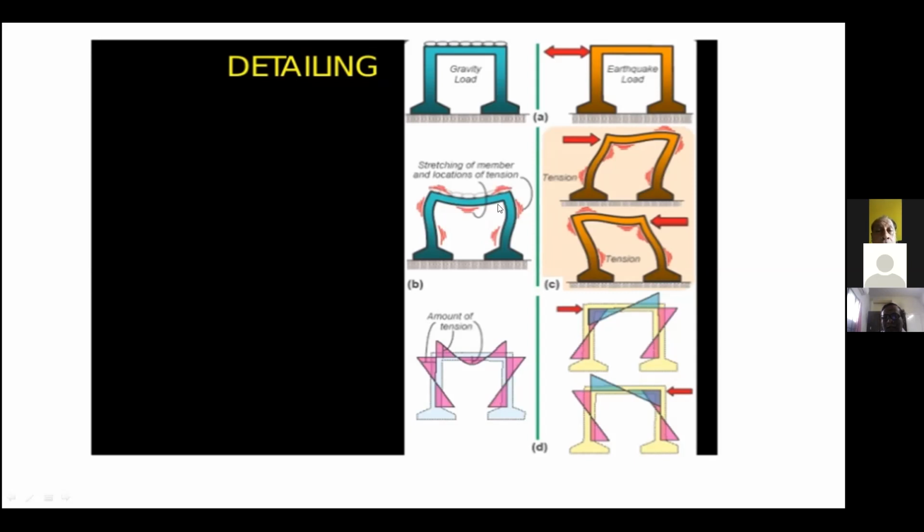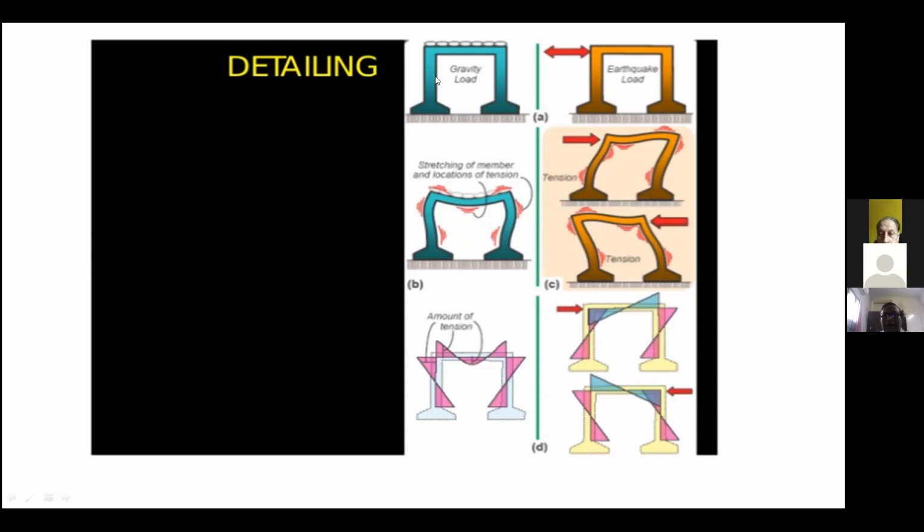Suppose you look at the column: on the extreme right portion you are going to get tension, and in the inner portion you are going to get tension. Similarly, for the other column, left extreme and then right. It's going to vary based on the bending moment. What it indicates is that the steel requirement is at the top region in the beam at the support, and in the mid-span region you need it at the bottom. Similarly, for a column, on one side you have the left face, and on the other you need the right face and left face.